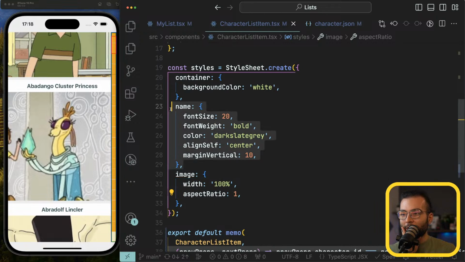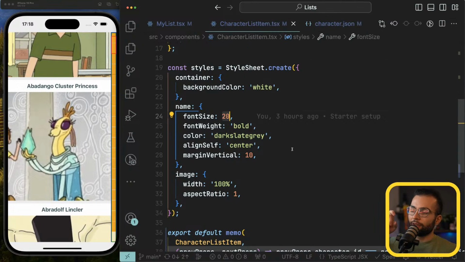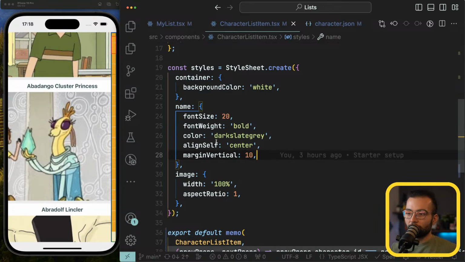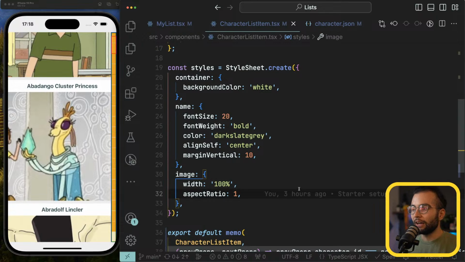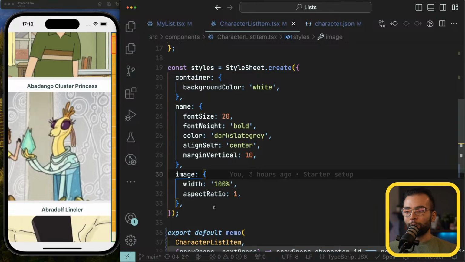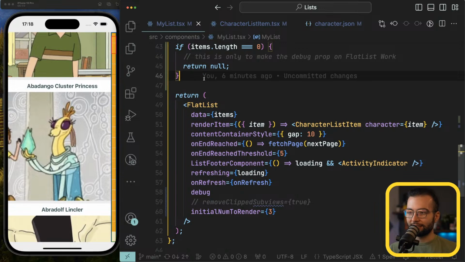We have a name at the top that has a font size of 20, which is the height of the text, and also has margin vertical 10, which means 10 at the top, 10 at the bottom. So the name has a total height of 40, and the image has a total height equal to the width of the screen. So if we put them together in my list, let's see here,